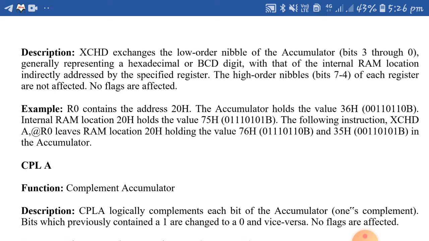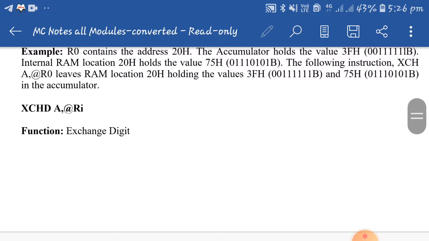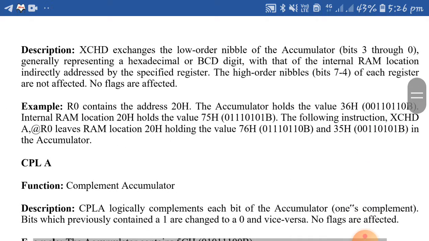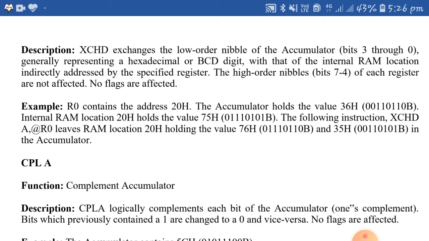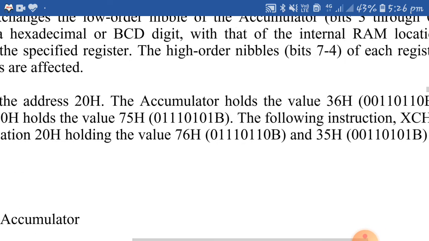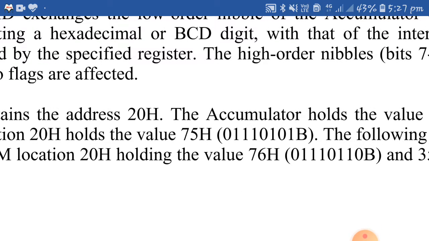Suppose you have written XCHD A comma @R0. In place of Ri you can write R0 or R1. The lower nibble of the A register is exchanged with the lower nibble of the Ri contents. You can see here R0 contains address 20H, and the accumulator holds the value 36. The internal RAM location 20H holds 75. In the accumulator the number is 36, and the 20H location contains 75, the location pointed to by the register